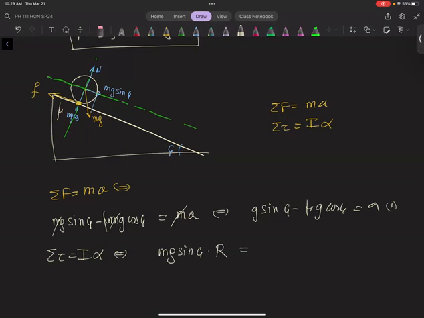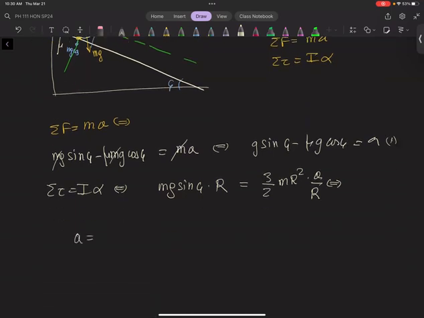Careful here again about what? The ground. We know this. How much is it? 1/2 plus 1 is 3/2 mass r squared times... What are we going to do? Again, because we seek pure rolling, angular acceleration, we substitute it with what? A over r, yes or no? You go about this and you find that the linear acceleration, I'm sorry, it is 2/3 g sine phi.